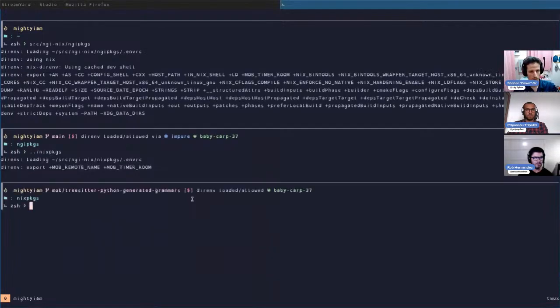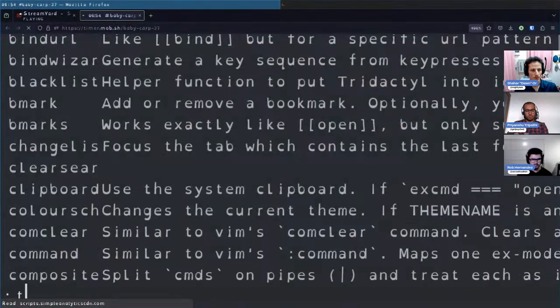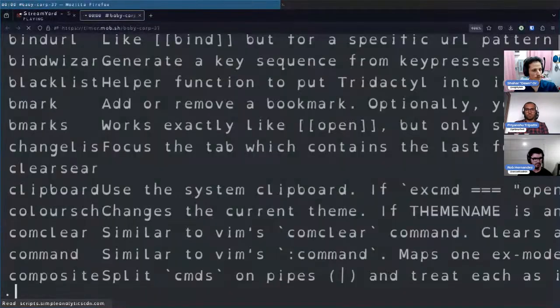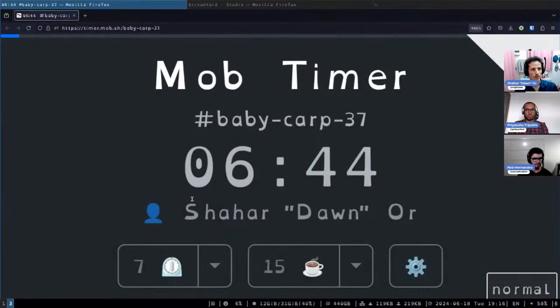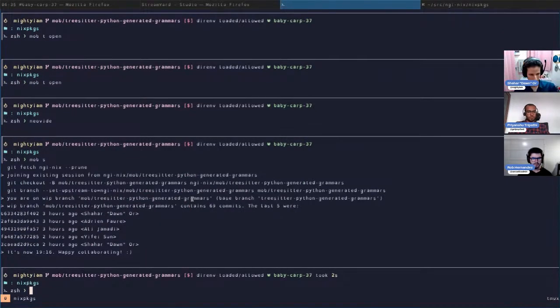Nixpkgs. So let's see if we can see timer. Let me just open 2 instances of this timer window. Here's one for me, there's another one over here. And here's an editor. And here's mob start. And here's a Nix build of, well,